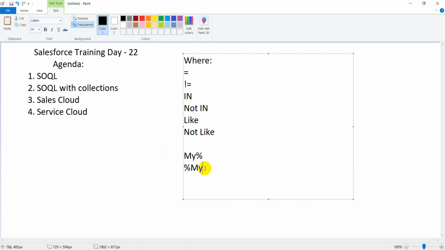Okay, so let's say you have percentage, then my, then percentage. It means the starting can be anything and the ending can be anything, but the entire keyword should have my keyword. That's called the LIKE operator. Okay, like and not like. Let's say my percent means, the example is